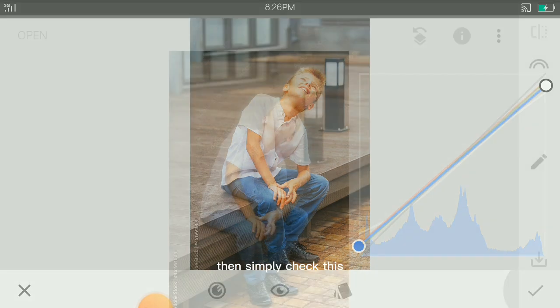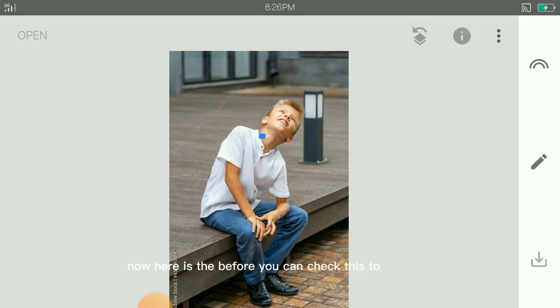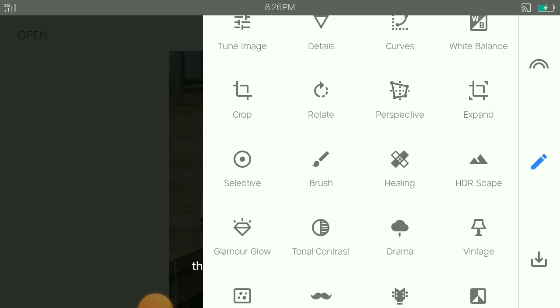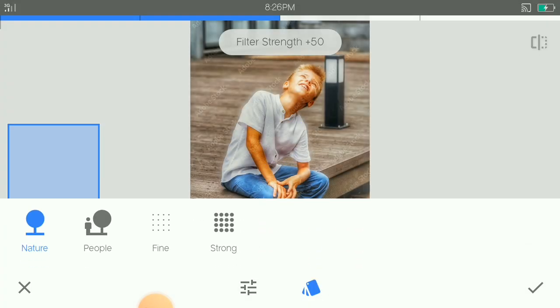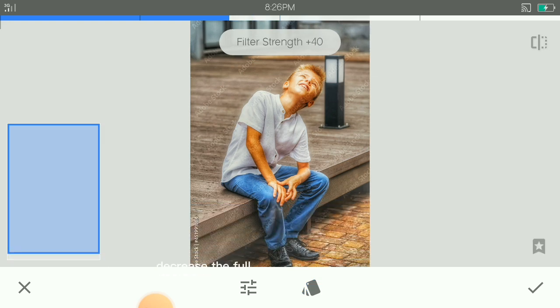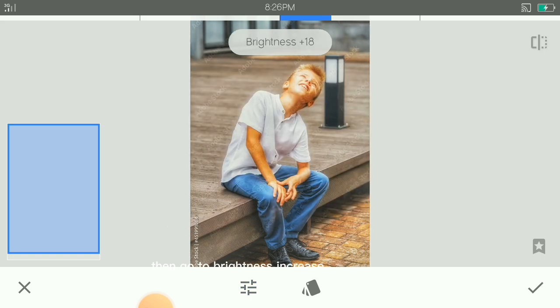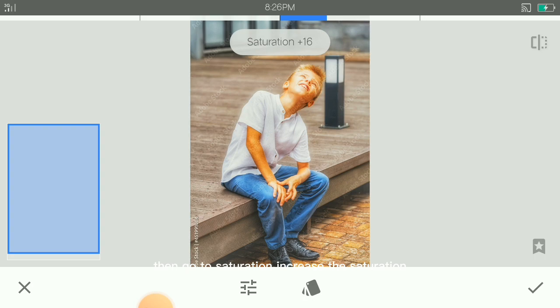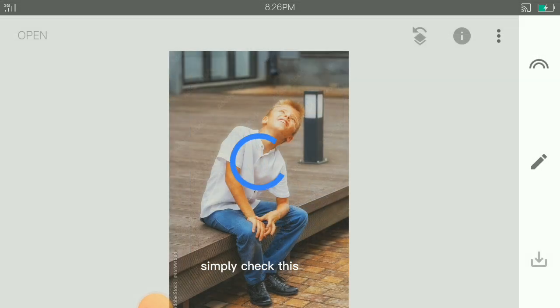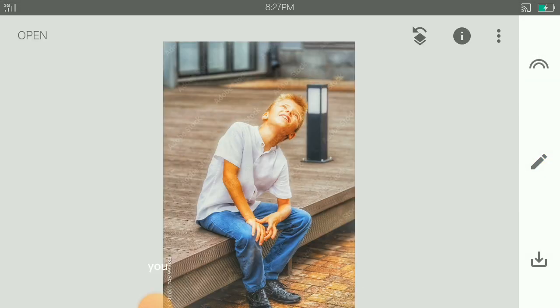Then simply check this. Now here is the before, you can check the after. Now go to HDR scape, increase, as you can see it is too much, decrease the filter strength only to 26. Then go to brightness, increase the brightness. Then go to saturation, increase the saturation. Simply check this. You might ask me, this skin is not looking good, it is being harsh,